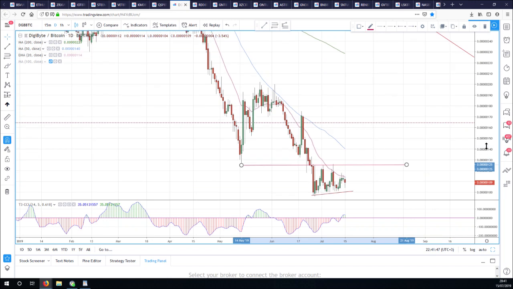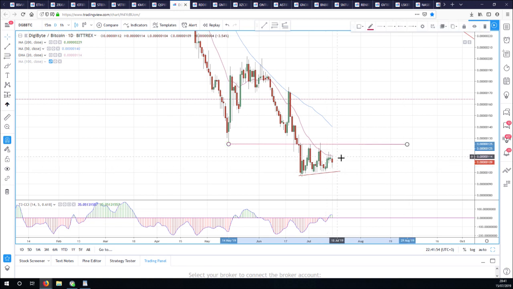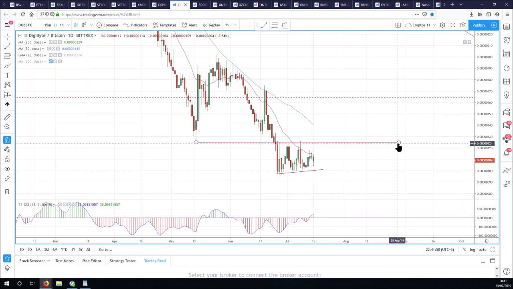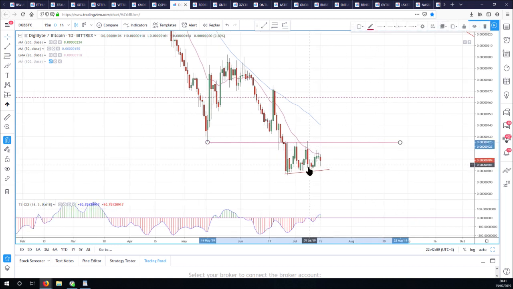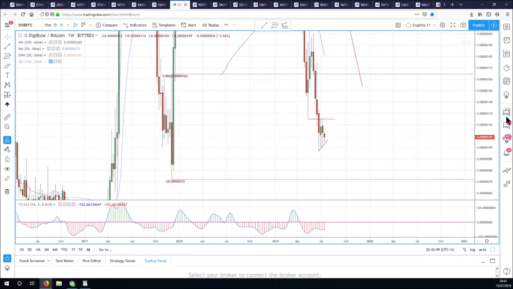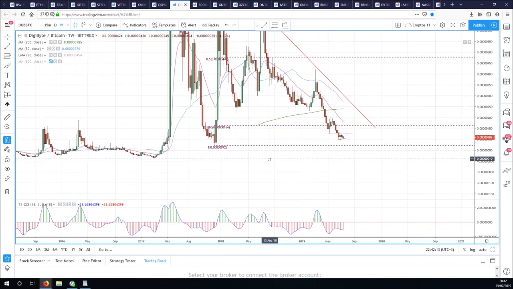The problem in Digibyte is this previous low from May. Every time we try and get out of this range against Bitcoin, this is where we keep banging our head, 125. So until we get out of this, we're not going anywhere and we're at risk that this is just a wedge in a downtrend that goes with the trend and goes lower. And if we do that in Digibyte, then we retest these lows at 72, which would be a bit of a disappointment.